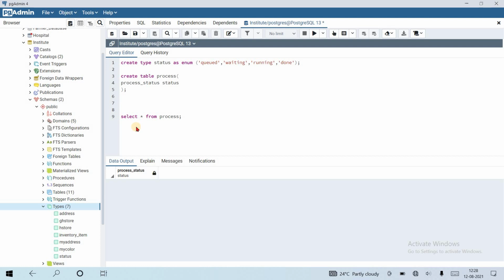Okay, now let's insert a value. Insert into process, column name is process status, values.